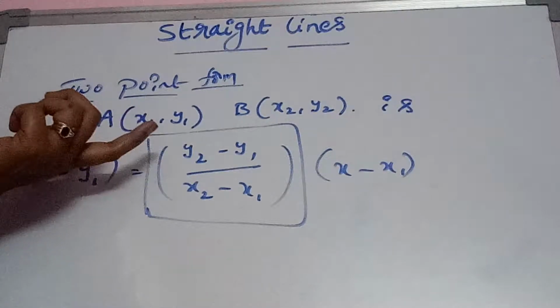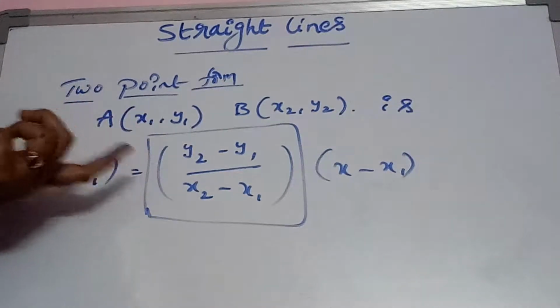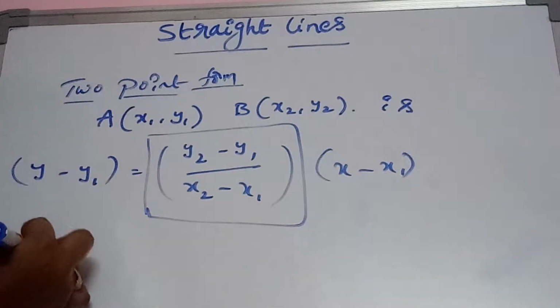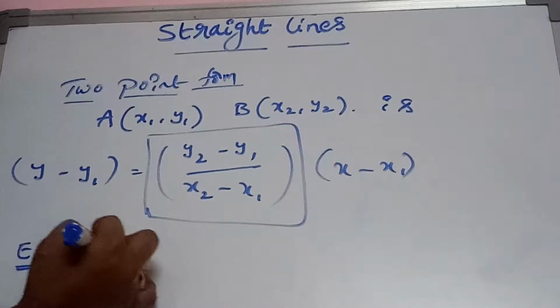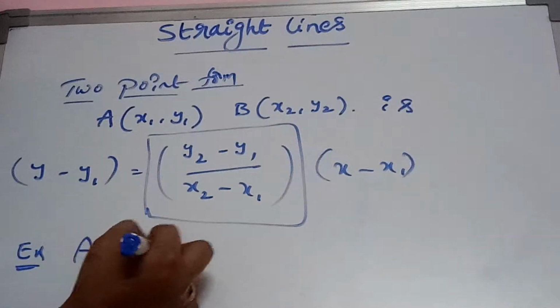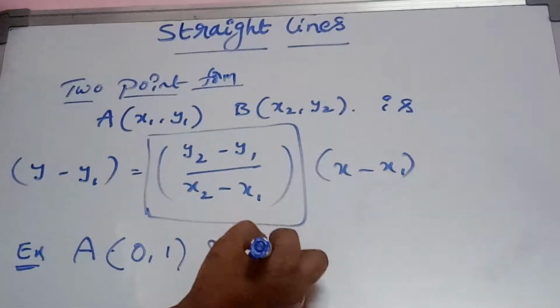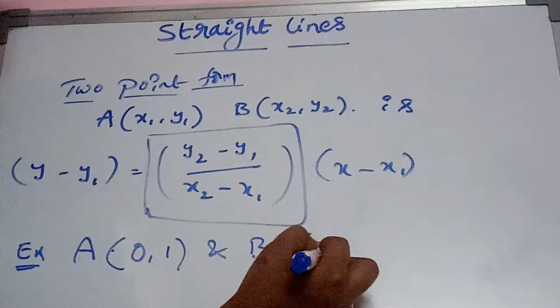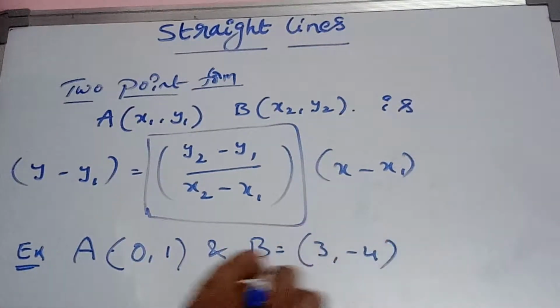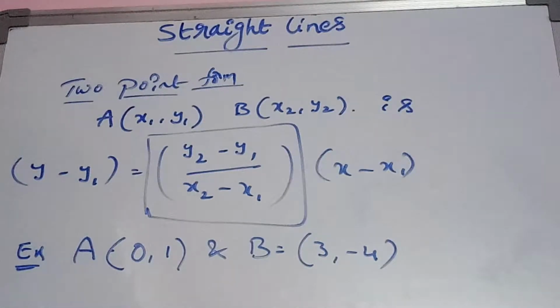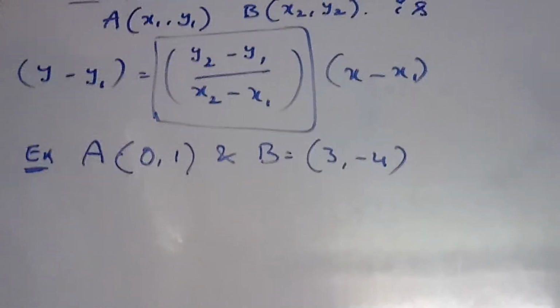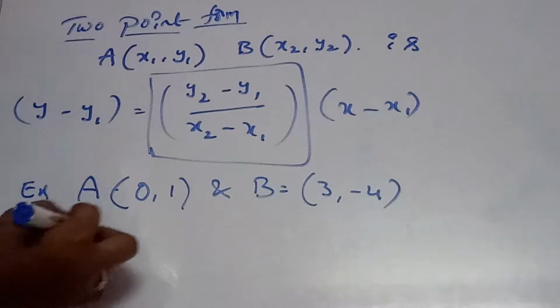Let us see an example of this two-point form. Here the example is: A is a point (0, 1) and B is another point (3, minus 4). We have to find the equation of the straight line. So here we have to use the form,